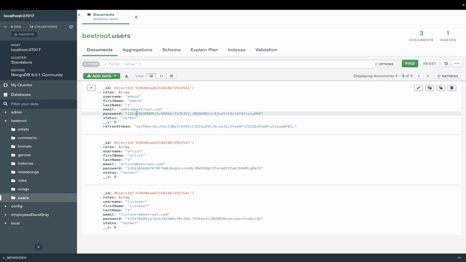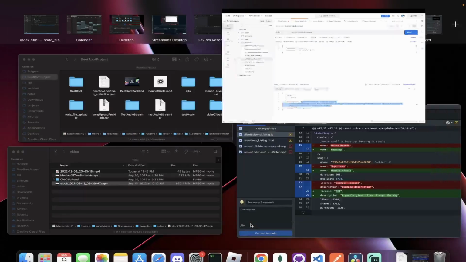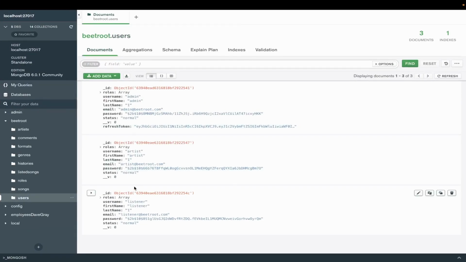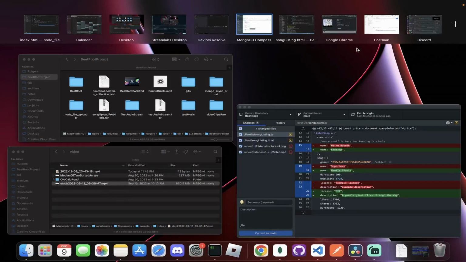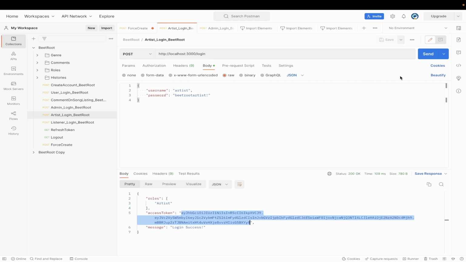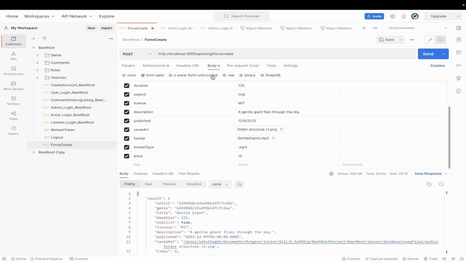Passwords are hashed, as you can see, and similarly, if we sign in as an artist, an access token is generated for that artist, and you'll notice that on the database, that artist now has a refresh token because they are now signed in. So with this artist, we can take this access token and do several things, like for example,